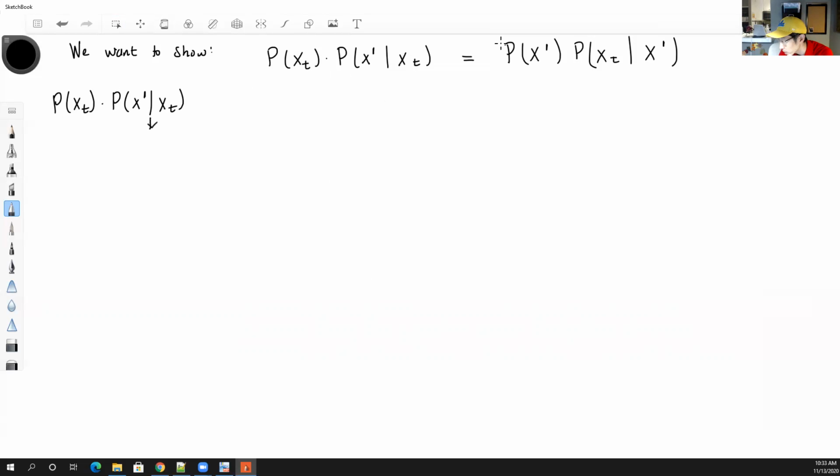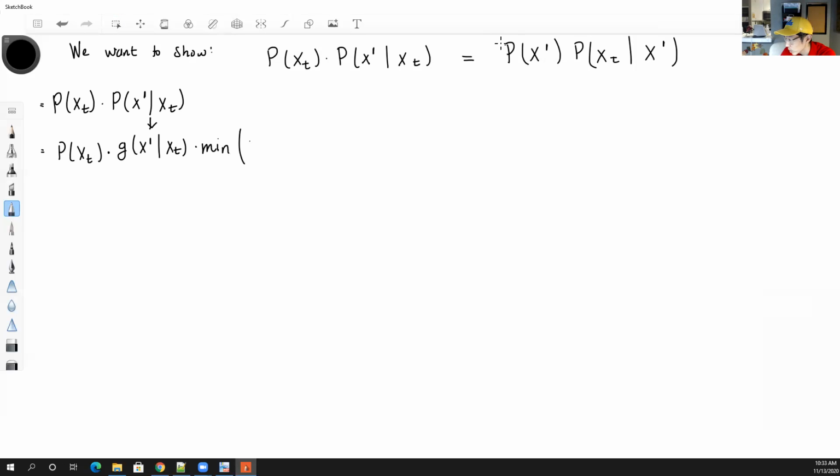First we have to propose g of x prime given that we're at xt. I'll start on the left-hand side: probability of xt multiplied by we have to propose it, and then we multiply by the acceptance probability,